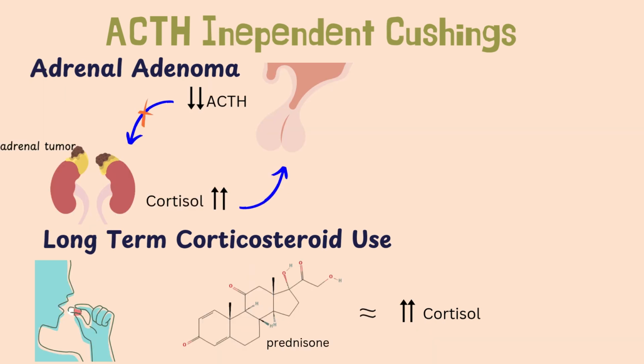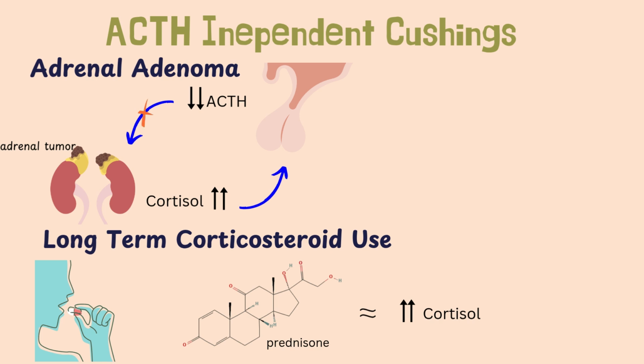Then what we have is ACTH-independent Cushing's syndrome. What that means is that we have cortisol production that is independent of how much ACTH is present. Specifically, one such situation is where the adrenal glands take matters into their own hands. Usually the cause is an adrenal tumor. So we have a tumor in our adrenal glands, and the tumor starts producing cortisol without any input from the